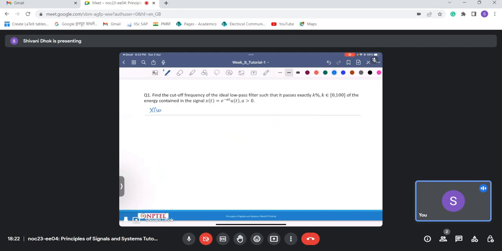This X of omega is a Fourier transform of this exponential, which is a standard function, and we have found it multiple times. So basically it is equal to 1 upon j omega plus a, which implies that magnitude of X of omega squared is equal to 1 upon omega squared plus a squared. I hope this part is fine with everyone. So now we'll consider E hat, which is equal to 1 upon 2 pi integral from minus omega c to omega c of 1 upon omega squared plus a squared